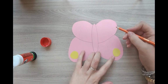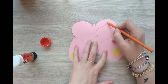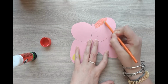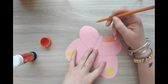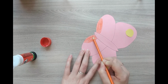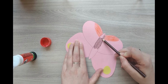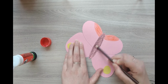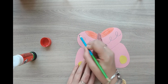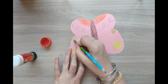Maybe you want to do some coloring as well. Maybe you have some stickers you want to put on. Maybe you have some glitter. Oh, I want to make sure my butterfly has a nice brown body. And just keep decorating your butterfly